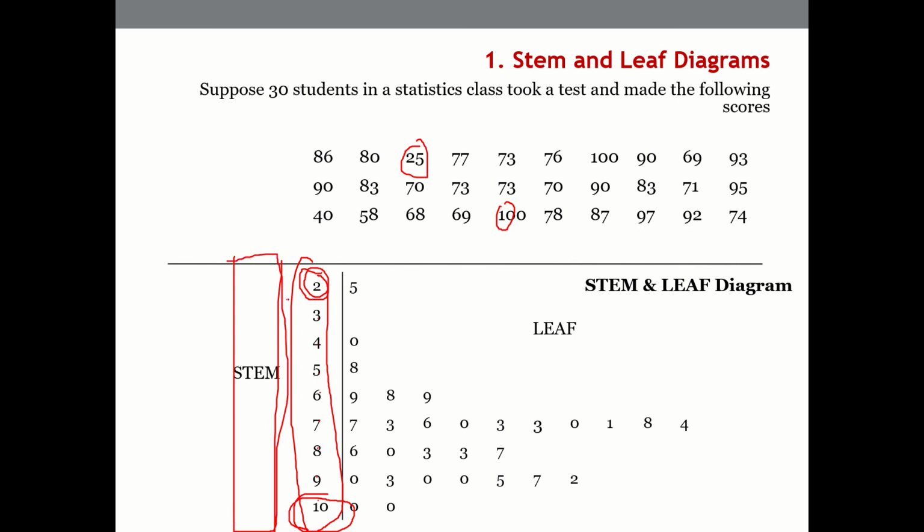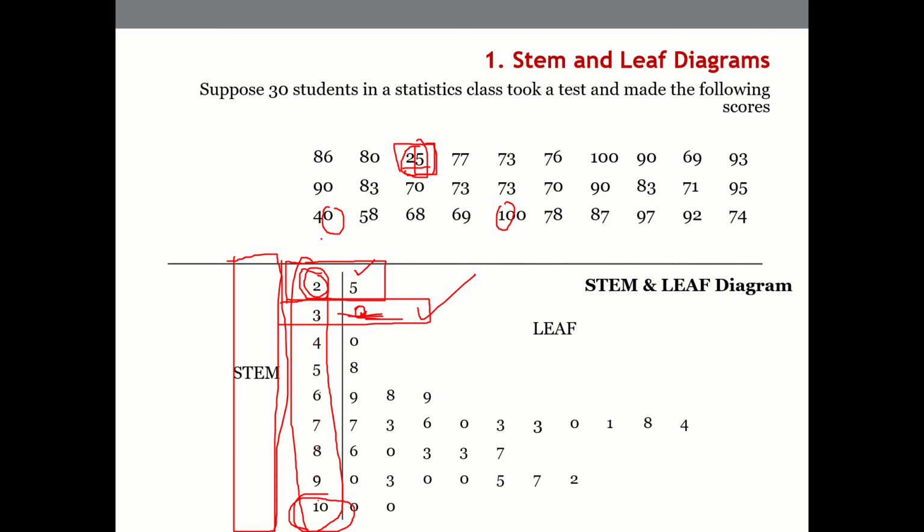Then against 2 we see how many samples are there in the 20s range. In this case we have only one data point in the 20s, so we put the leaf 5. For 3, there is no number in the 30s, so it is left blank. You can't put 0 here, we have to leave it blank because there is no number involved, otherwise 0 will also be counted as a value. Sorry, just a mistake from my side.